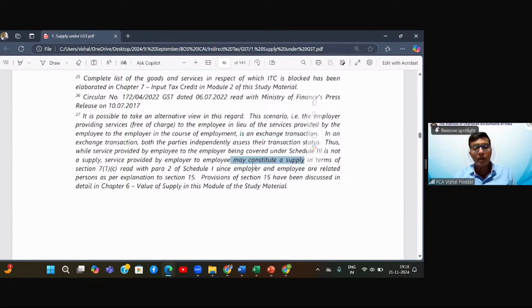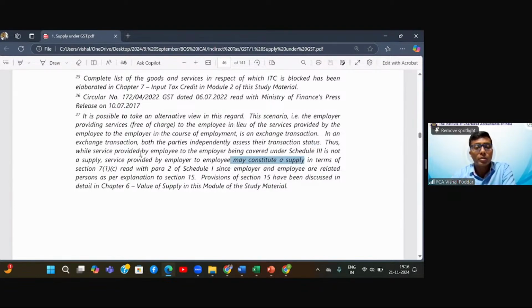क्योंकि अब आपको उसको इंडिपेंडेंटली देखना है। तो इंडिपेंडेंटली मैं आपको जो दे रहा हूं वो पगार नहीं है, वो फर्स्ट व्यू था। सेकेंड व्यू इज वो एक अलग सप्लाई है, और अब आप उसको इंडिपेंडेंटली देखो कि वो शेड्यूल 3 में आता है या नहीं, वो सप्लाई के सारे पैरामीटर सेटिस्फाई कर रहा है क्या सेक्शन 7 के। इफ यस, तो आपको उसे टैक्स करना पड़ेगा।